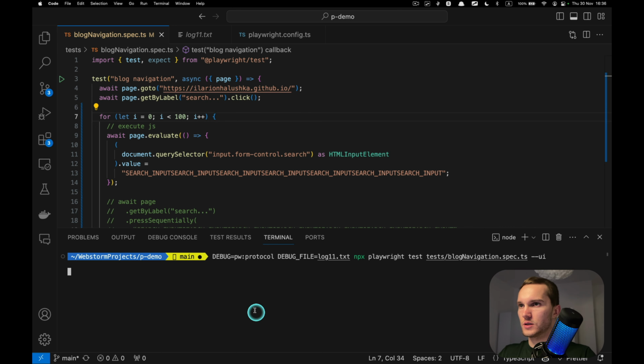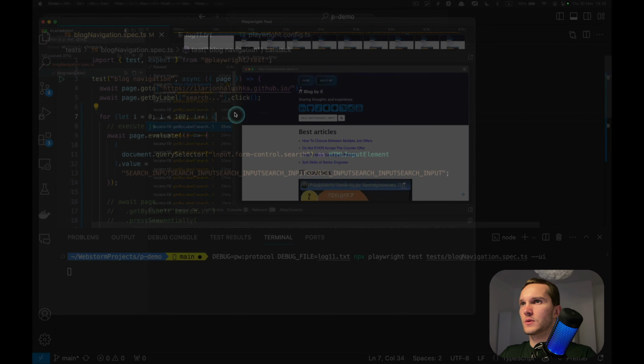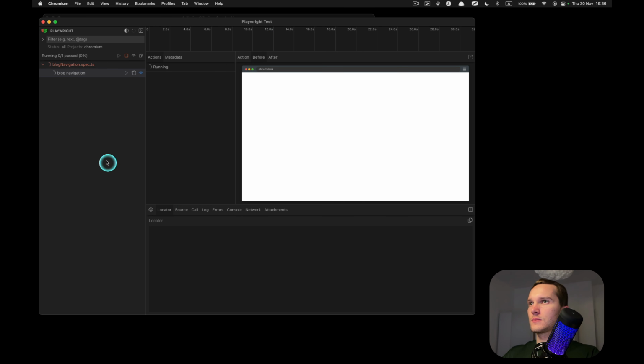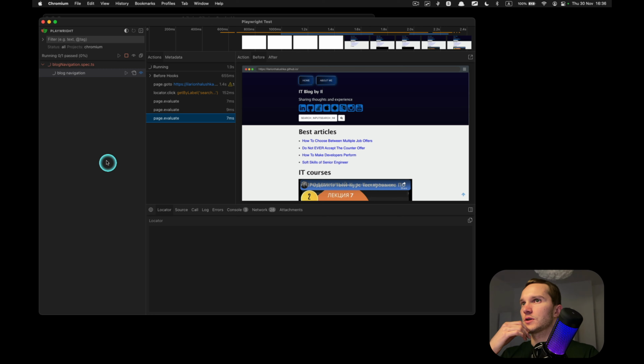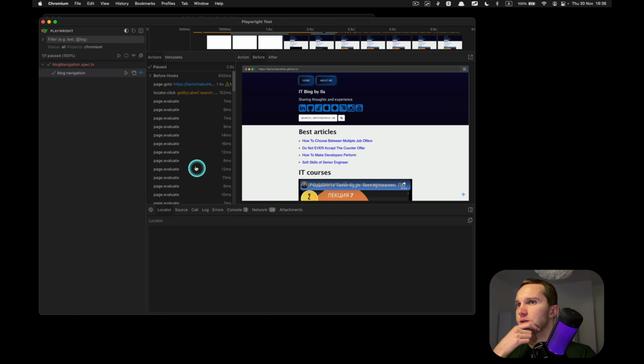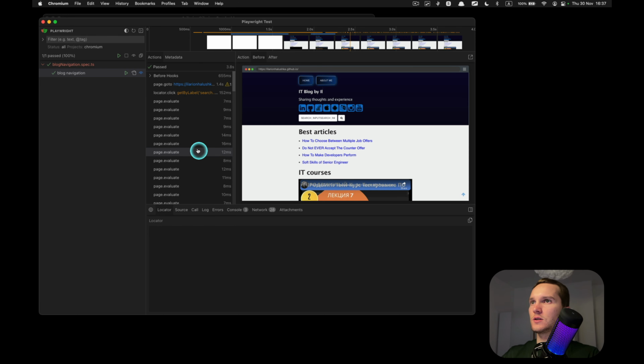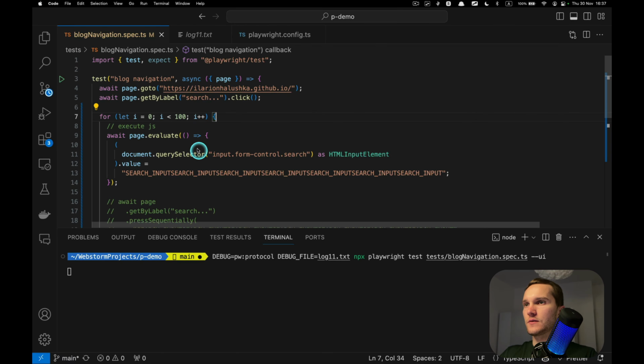All right, let's try to run this. I'm running this, and these take on average 10 milliseconds. So using plain JavaScript is even faster.